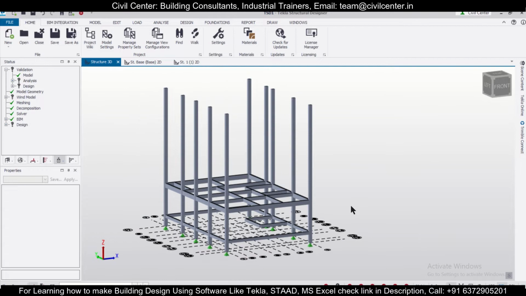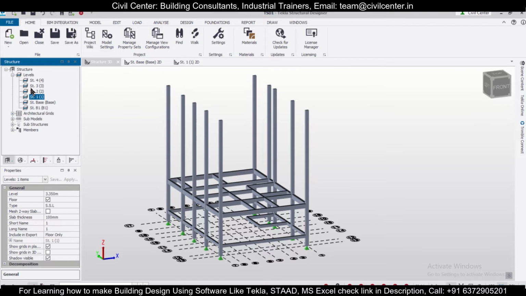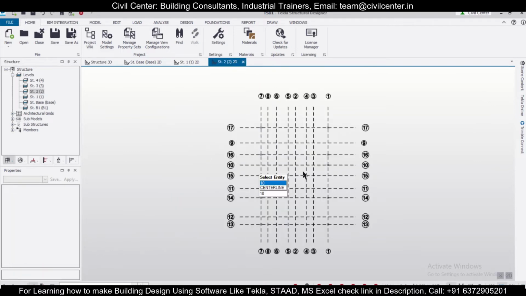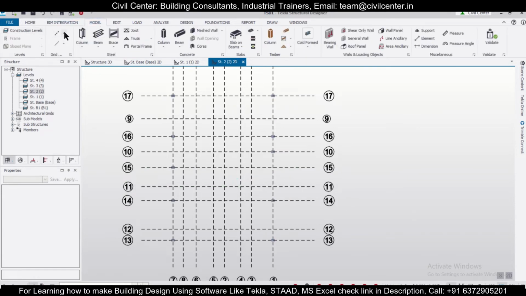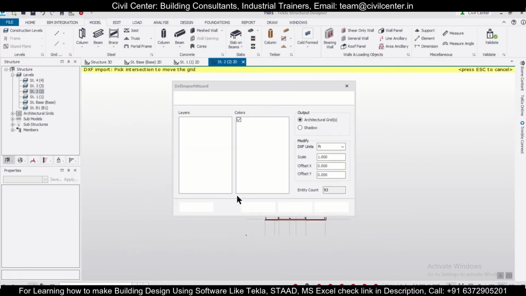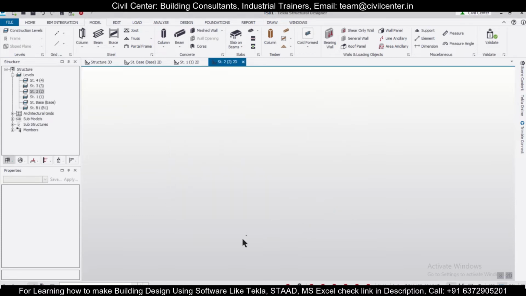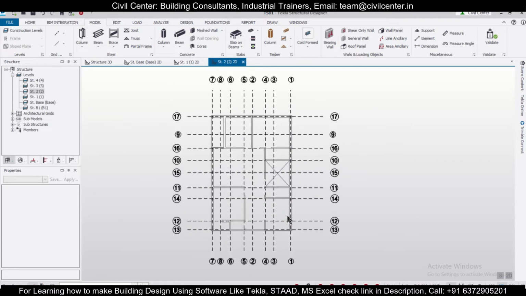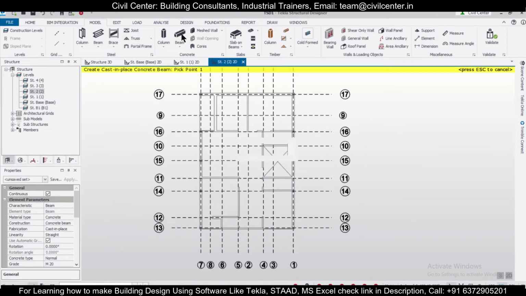Now for the next part, let's go with the next floor. So that is the second floor. We'll go to structure, go to the next floor, and then we'll just go to model and then import the DXF, and after import DXF second floor center line, we'll just open the second floor center line here, and we don't want the center line here, shadow, and then finish. So here we have the particular shadows made, and